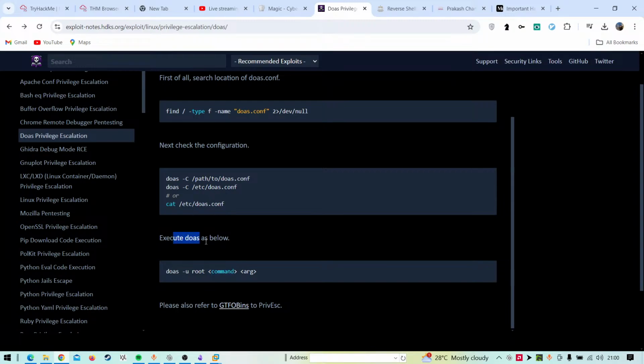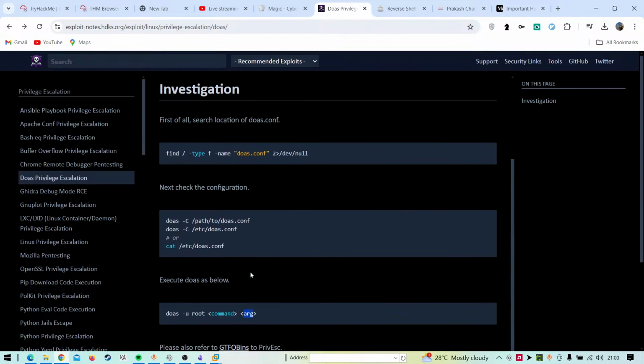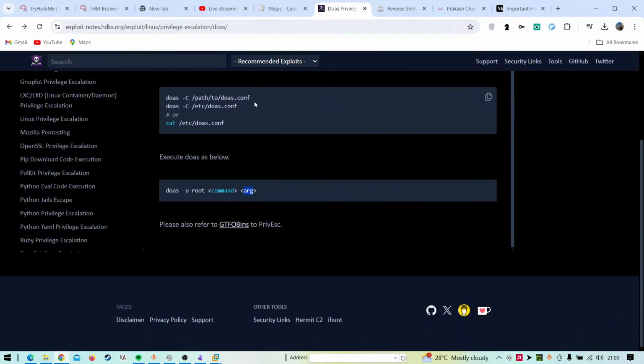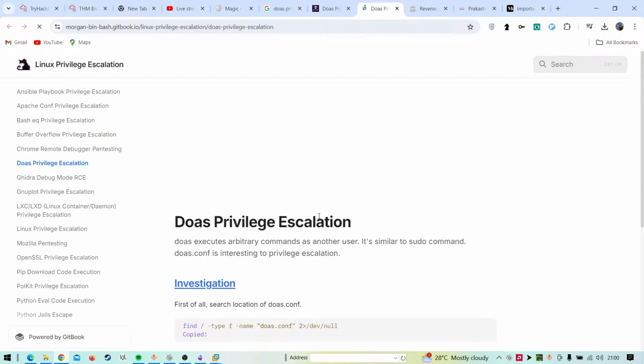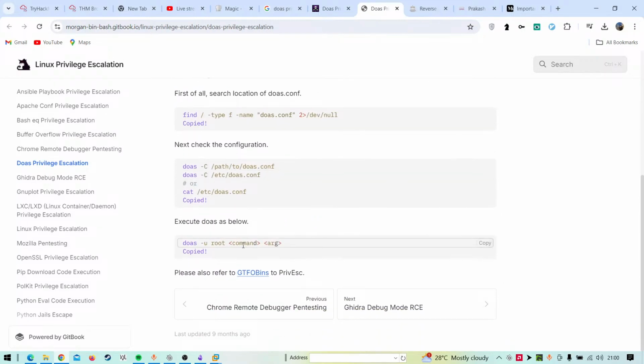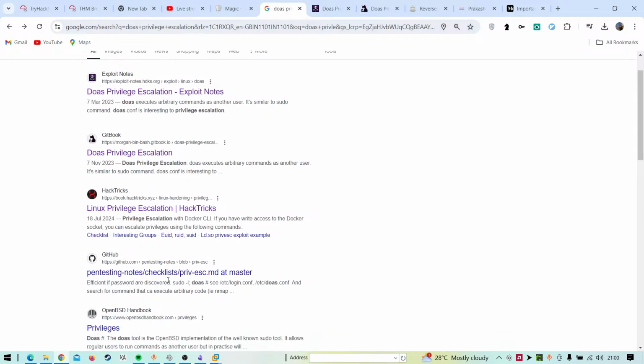Just a second, right? Execute doas as below. What command we have to execute? An argument. What will be an argument? We'll open that in a new tab. That's the same thing, right?